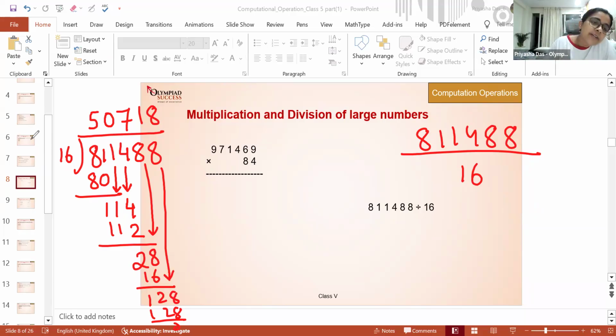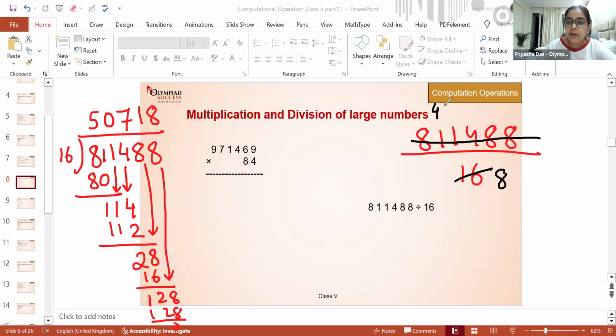So what is the common factor of these two numbers? As I see that both of them are even numbers, their common factor will be 2. So I'll divide both of them by 2. I'll make them half. So 16's half is 8. Very easy. But this number is a big number. So how will I do it? You can do it by the long division method. I'm just saving time by doing it straight.